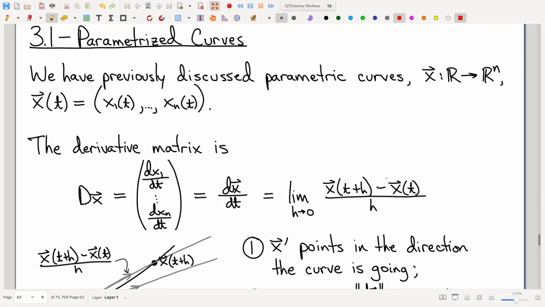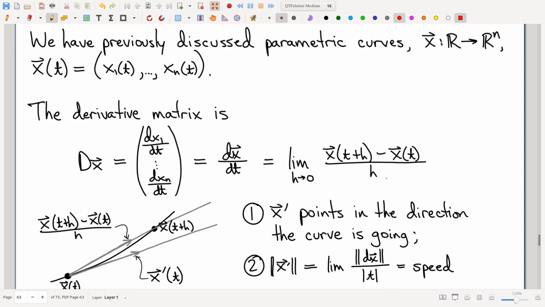Okay, so let's talk about the derivative matrix of a function like this. You take several outputs, means that I will have several rows. I have but a single input. That means that I have a single column. So interestingly, when you have a parametric curve, the derivative matrix is a single column matrix. Which, by the way, very commonly, nice to think of as being a vector. And in fact, that's a really nice way to think about it in this case.